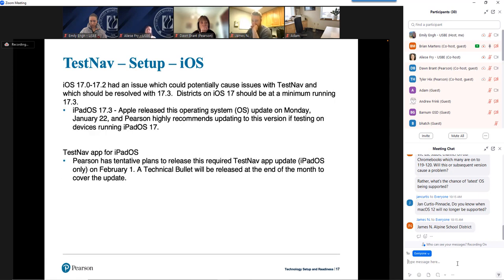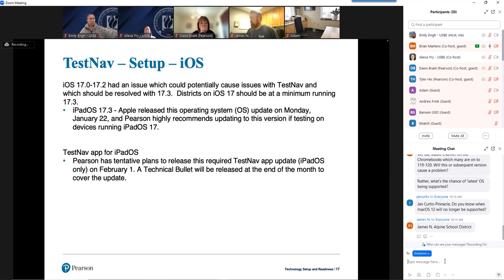Some things I want to make you aware of specifically for iOS that came to our attention this month is that iOS 17.0 to 17.2, we have identified an issue, an OS issue, because it was something that Apple had to fix. We worked with them once we identified it, which could potentially cause issues in some pretty rare circumstances with TestNav, and which should be resolved with iOS 17.3.